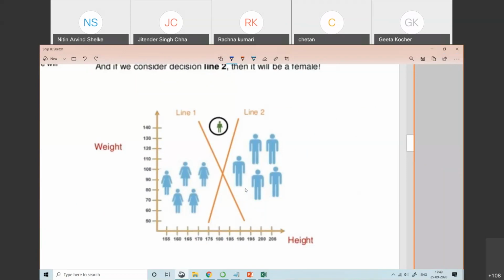Observe properly. If we take line 2, then this point is very near, right? Now, let's take it.